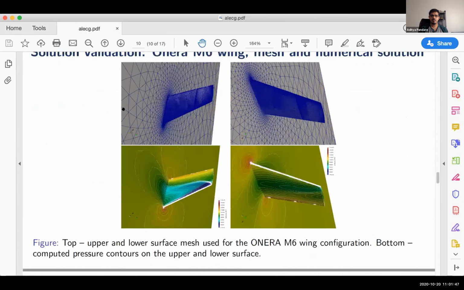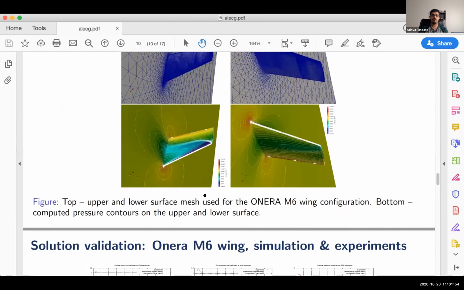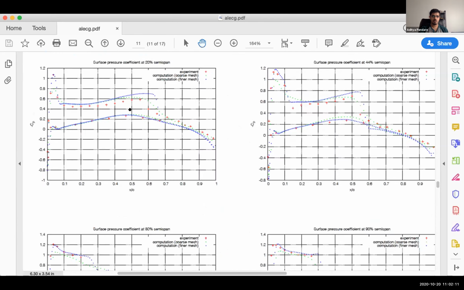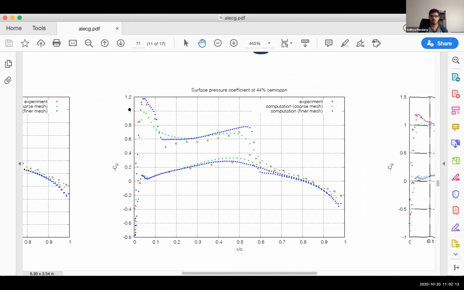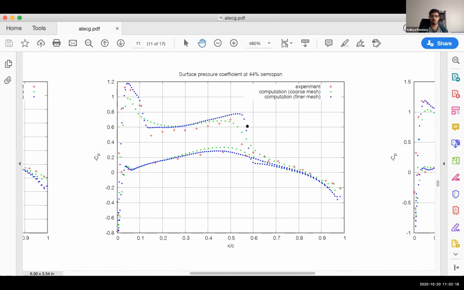So the experimental data has been taken on different locations on this wing, different span-wise locations on this wing, and we are comparing the pressure coefficients. So we would like to compare with experiments and to make sure that we can compare well there. So these are the 6 different locations on the wing. I'm going to zoom in on one of these. Let's zoom in on this one, for example. So we see 2 meshes here, a coarse and a fine mesh, and the experiment is shown in the red